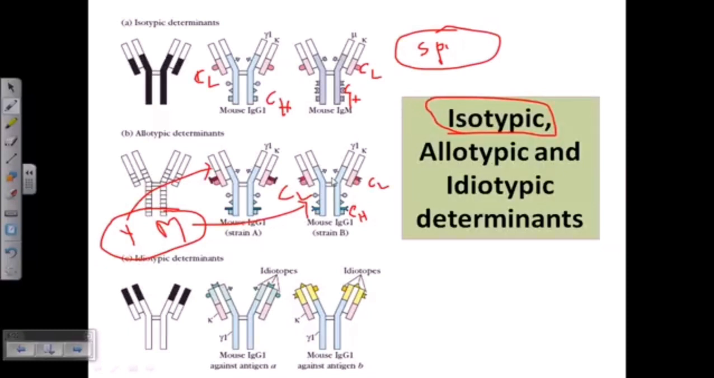Now if we are twins, then if we compare the immunoglobulins of two twins, you shouldn't have this kind of differences, but otherwise in most cases you should have this kind of differences. These are called allotypes. That means we both are